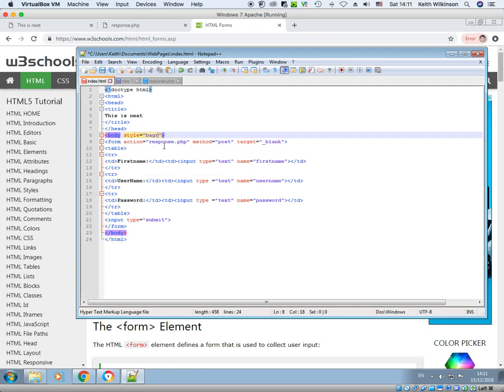So for example, I think background, I need to spell background correctly, background-color. Notice the hyphen between the two, and because you're using Notepad, it should pull up some help for you so that you can actually know what you want. Background-color